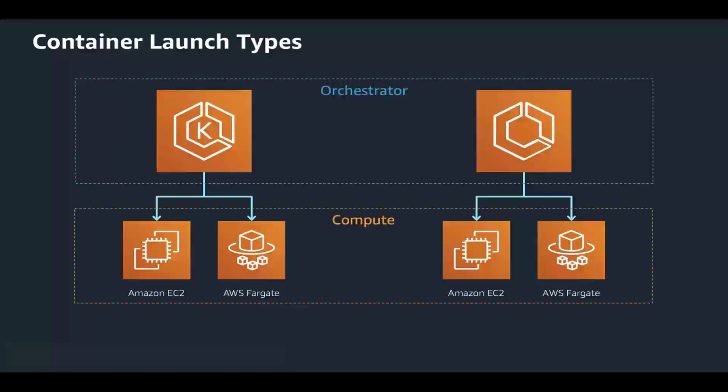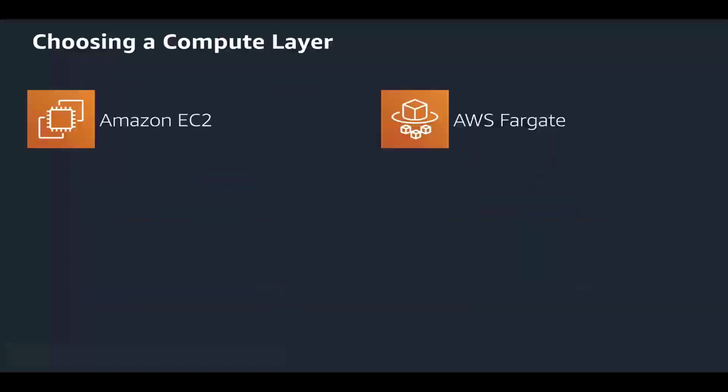Just like we discussed how to decide between EKS and ECS, let's now cover how to choose between EC2 and Fargate. Both EC2 and Fargate are used by many AWS customers for scalable, reliable, production-ready deployments. If your workload has a consistent demand for many CPU cores and many gigabytes of memory, an EC2 cluster may be the most cost-effective option.